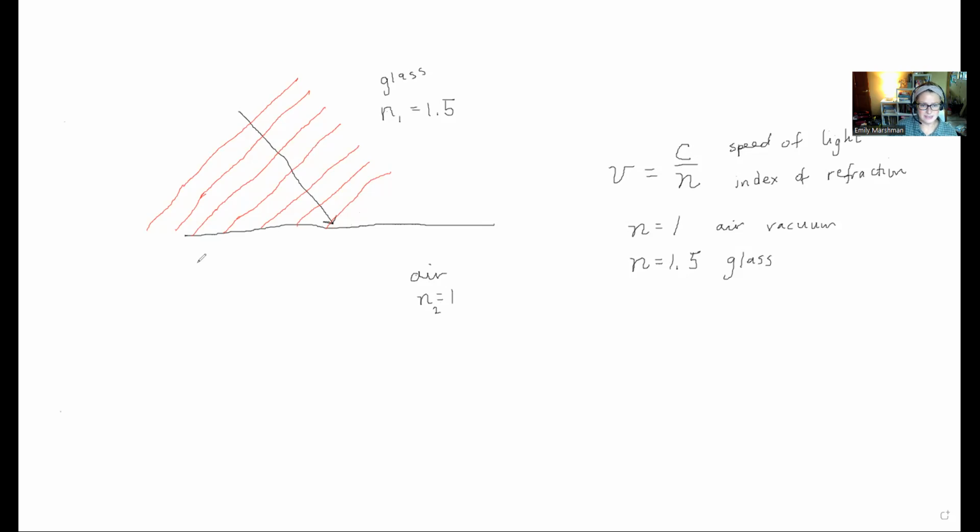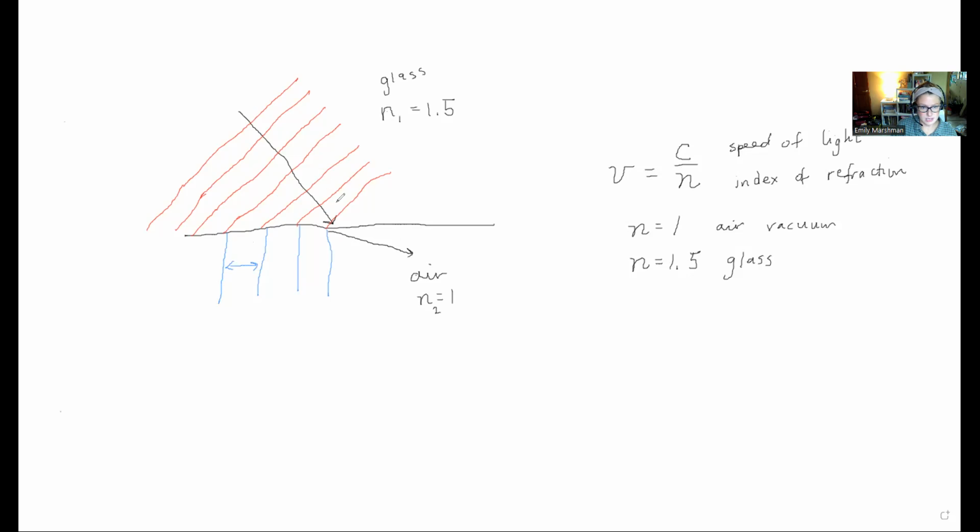The waves are going to be traveling faster in air because of this relationship. It's now going to be going at the speed of light, 3 times 10 to the 8th meters per second in air. So these wave fronts have to be further apart. And the only way that can happen is if the wave fronts start to look like this. You can see that this distance between these wave fronts is larger than the distance between these wave fronts. And that gives rise to the light bending